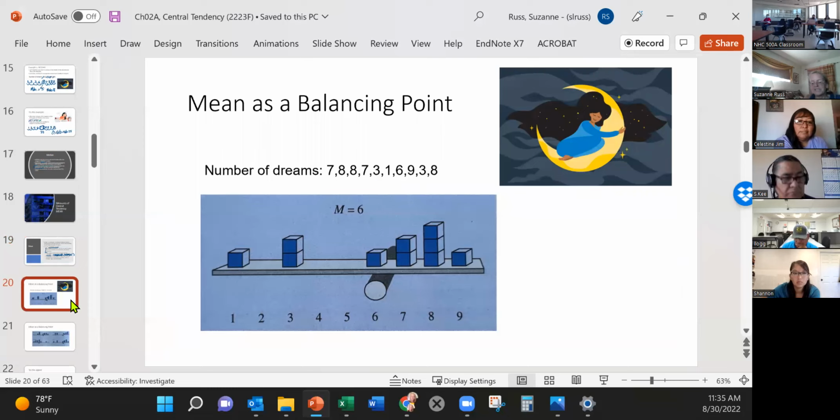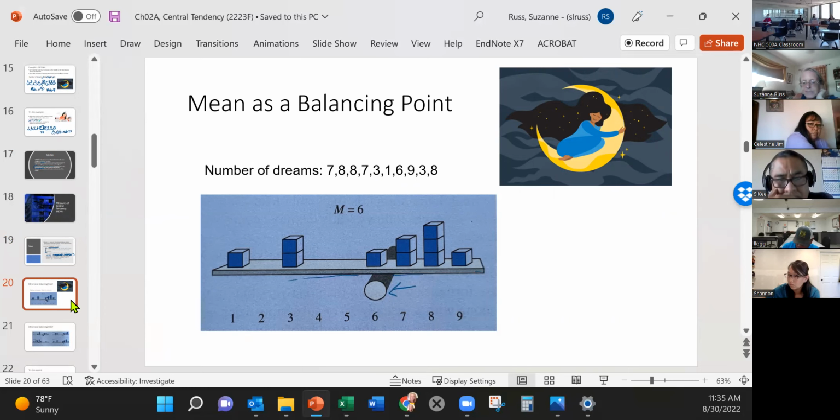So I'm going to take a little bit of time with this because I think conceptually it might help you. So we can think of the mean as a balancing point. Where would this bar under here need to be in order for this board to be level? If you can picture having a board with these blocks piled just as they are, how can you get it to balance? And wherever you get it to balance, that's what the mean is.